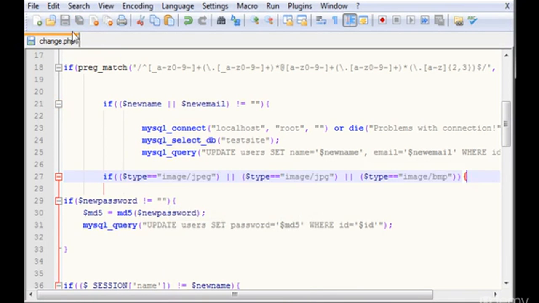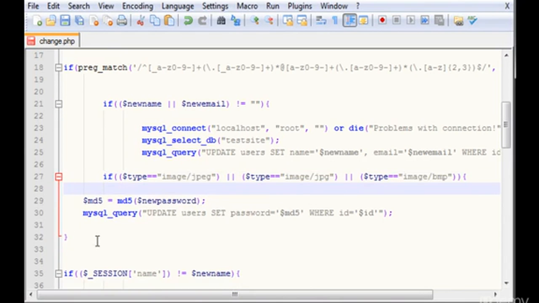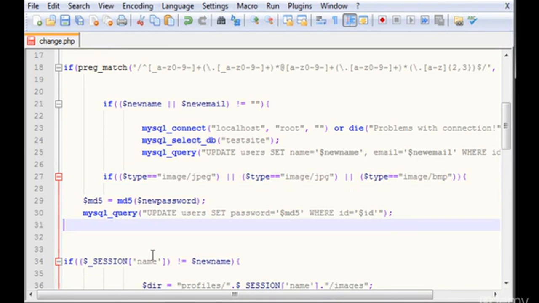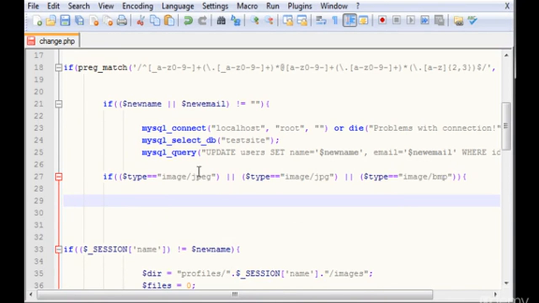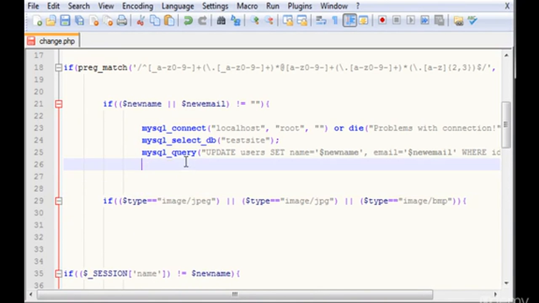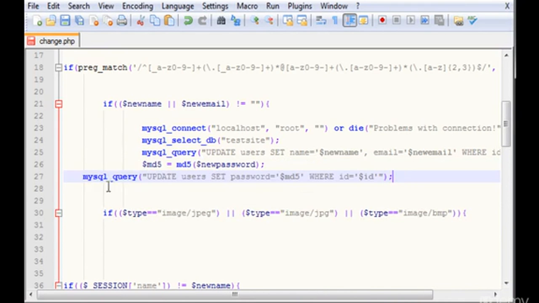Okay, I'll save this. You can take this if statement of the new password out as well, and this closing curly brace. Okay, now let's grab these MD5 new password MySQL query, and I'm going to paste them in here. Okay, save that,